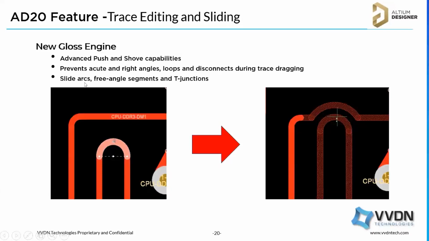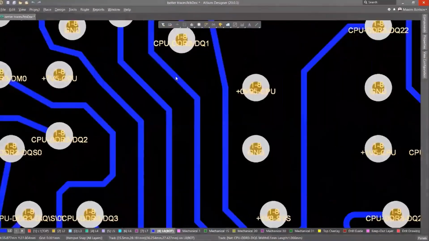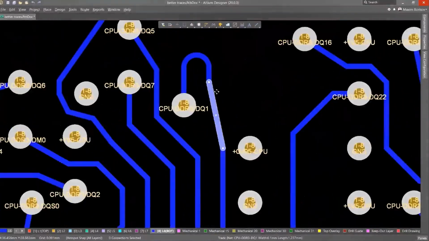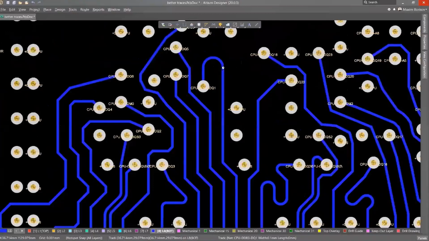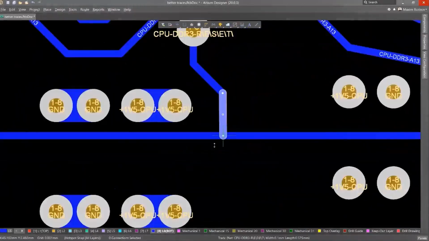We can adjust the arc, the free angle segment, including the T junctions. So it will be very smooth. I'll show you the demo. This is a video of that also. So this is one sliding feature. If you slide, you can see how smooth it is to convert the corner into the arc or any angle.